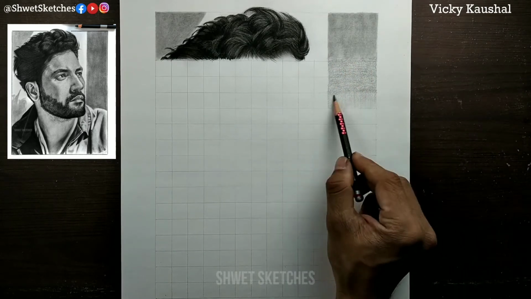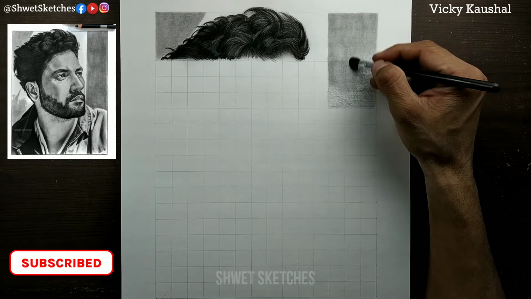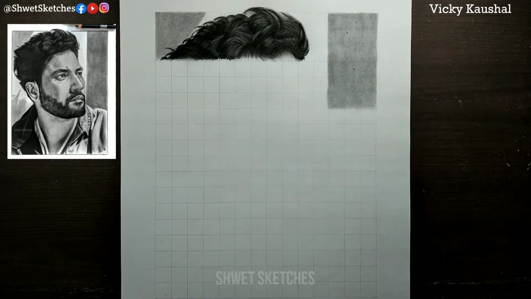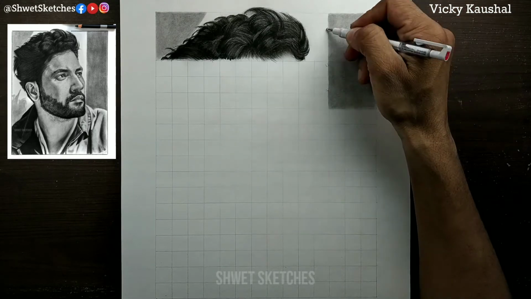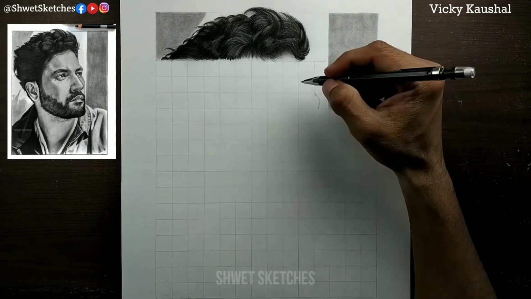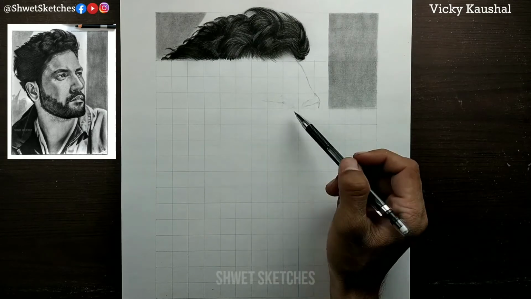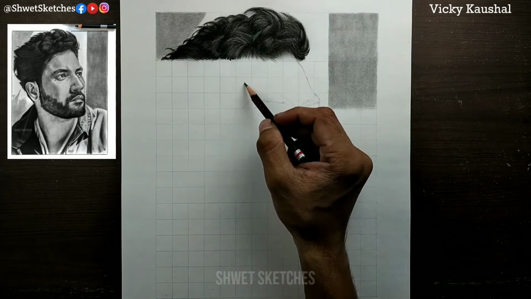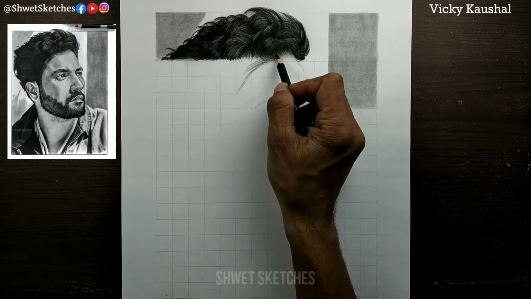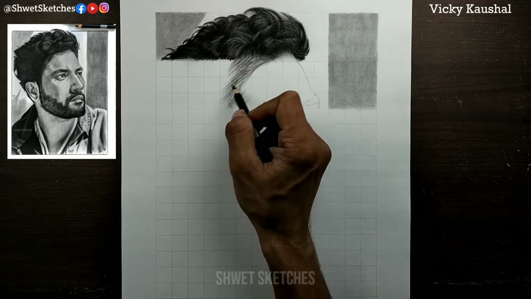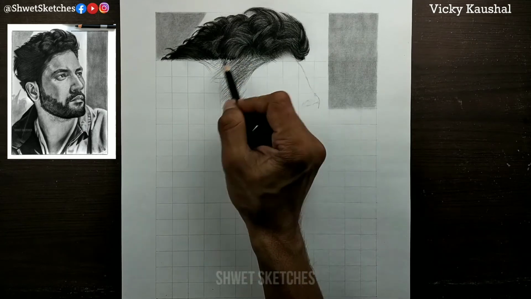The main thing about this portrait is that the reference picture I am using is a high resolution picture, and the difference between a high resolution picture and the pictures you commonly use is that there are a lot of differences and a lot of details to apply in your portrait sketching. And if you do not apply those details, it will look like a drawing, but it will not look like the realistic sketch that you want, right?